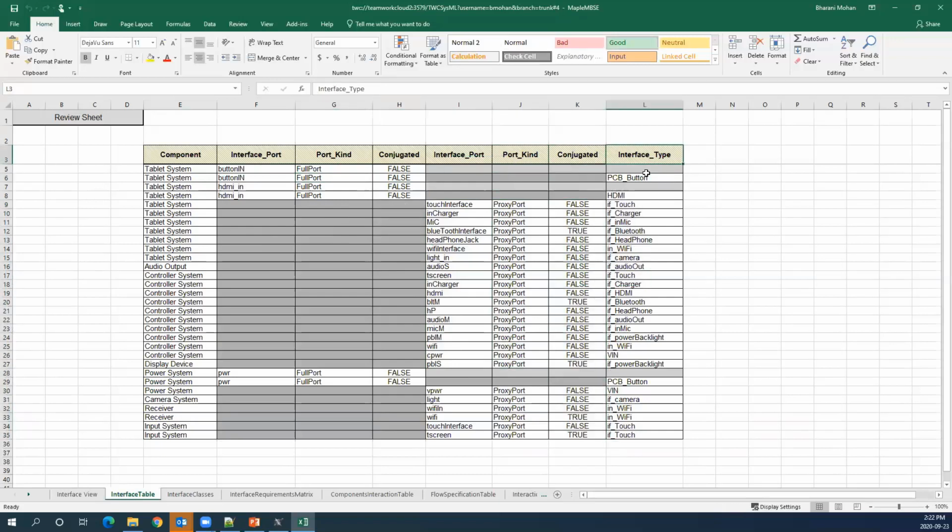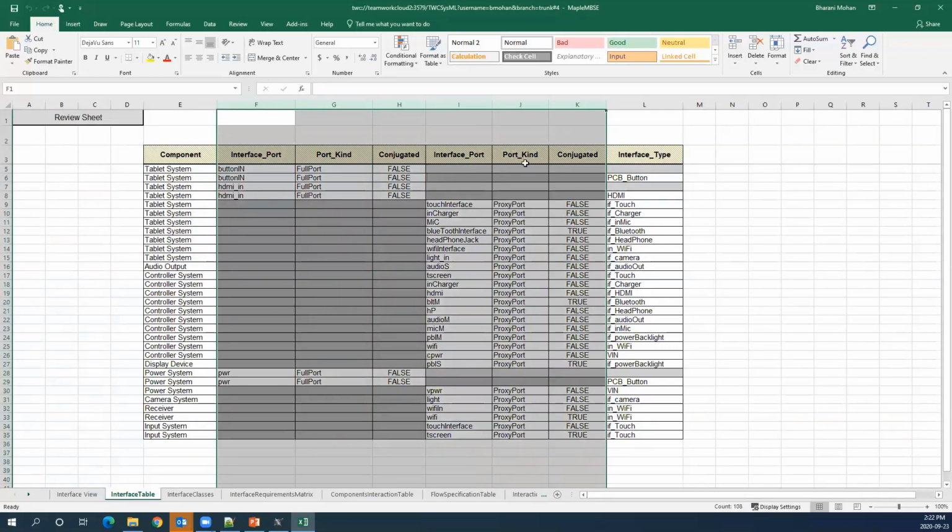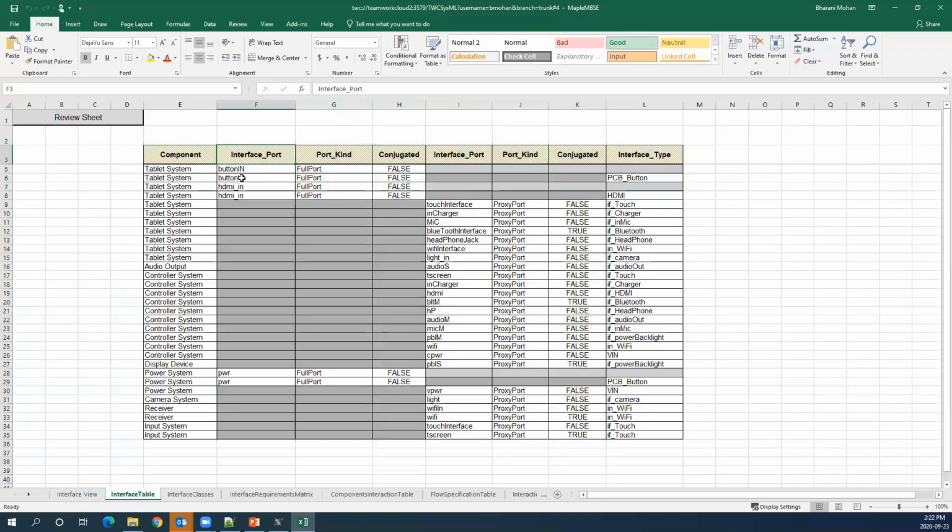And whether the port has been assigned a type, which is the interface type that I'm going to display next. Here it could be overwhelming for the end user to see elements mentioning the SysML part, like the interface ports, interface kind, conjugate, etc. But these are just headers that I can change.